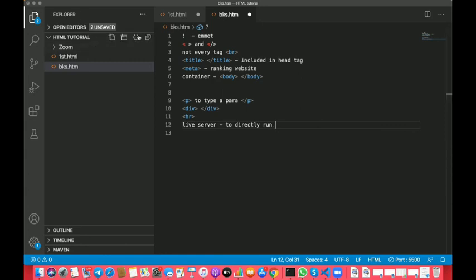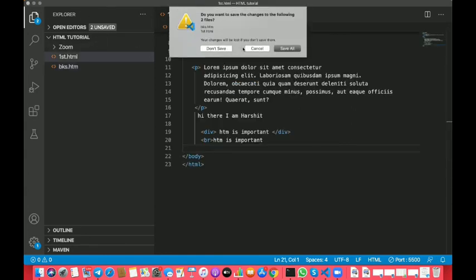These are the points discussed in the video along with lorem text.